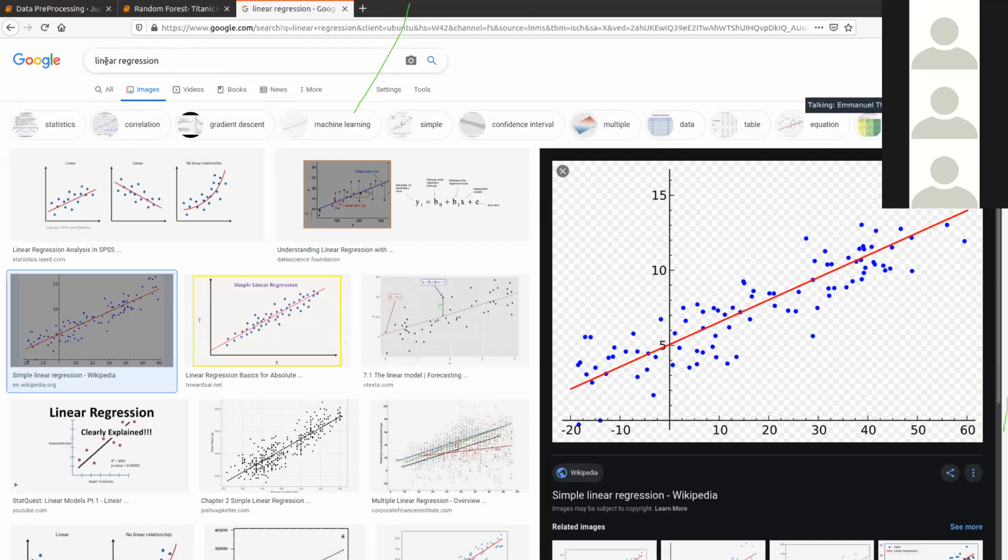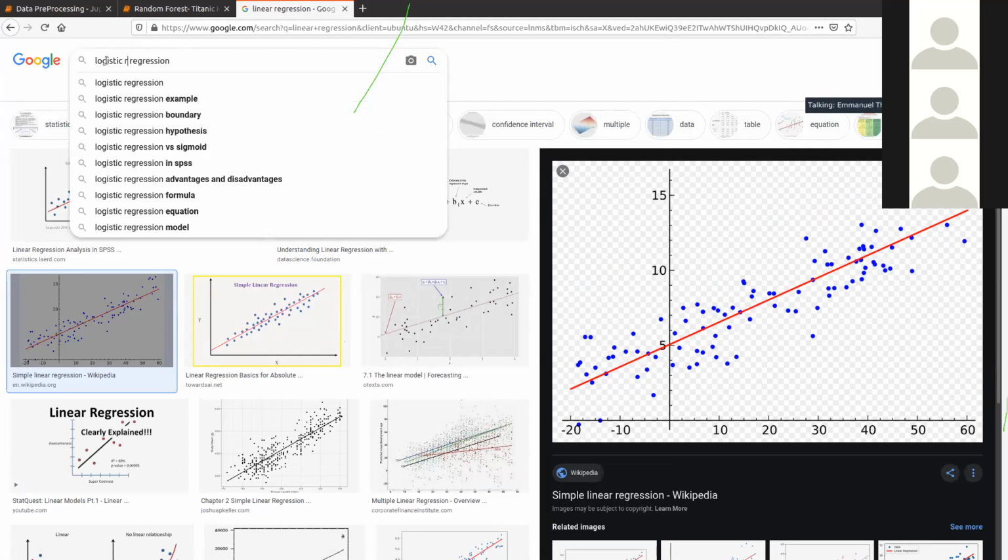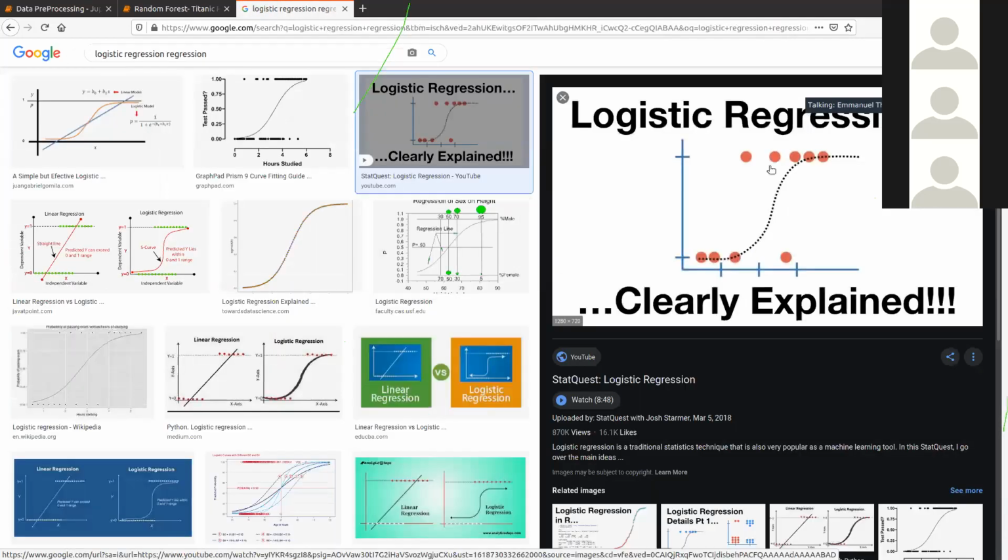prediction for linear regression is called logistic regression. And so this one is also the same, but you simply want to isolate, let's say, two classes. Let's say this class was survived and this class was dead. You will try to fit a model that looks like this.